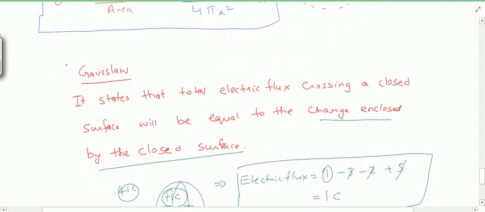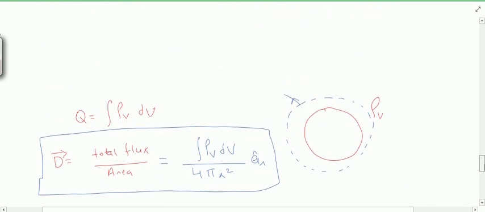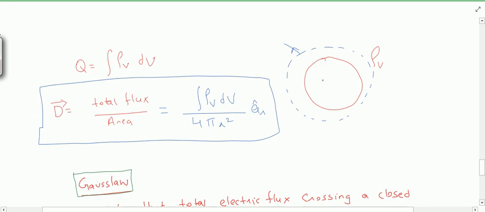But here now this is Gauss law with statement. So Gauss law says that the total electric flux crossing a closed surface will be equal to the charge enclosed by the closed surface. So in the previous things also, in this what I have considered, this is my charge surface having charge density rho v, and this is enclosed in this imaginary surface which I have considered, जिसका एरिया मैंने यहाँ पर लिया। ठीक है, तो यहाँ पर वो गॉस थ्योरम ही तो एक तरीके से यूज करी है हमने, गॉस लॉ ही तो यूज करी है।